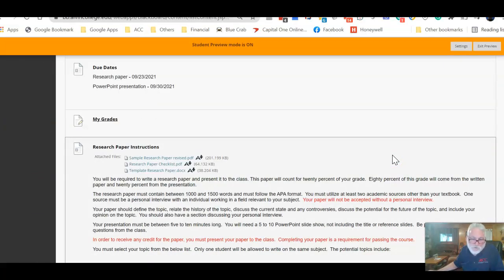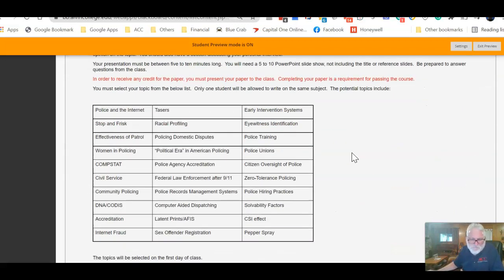I would encourage you to do the patrol observation. If you're a police officer already, you can do a patrol observation, but it will have to be with an agency that you've never worked for. I've had several officers do patrol observation. I had a deputy sheriff ride with a DPS, trying to decide whether he wanted to go to work for DPS. I had a city officer ride with a different city once, and they actually found it interesting.